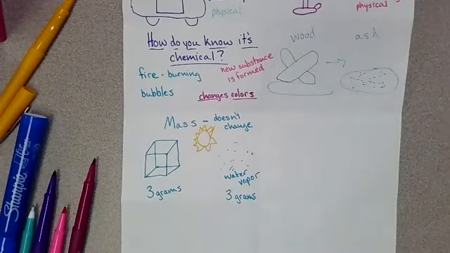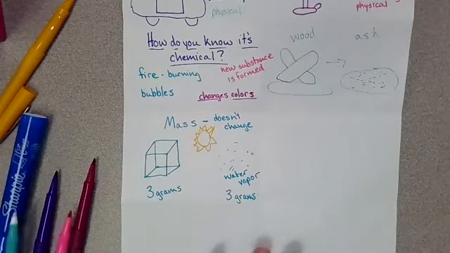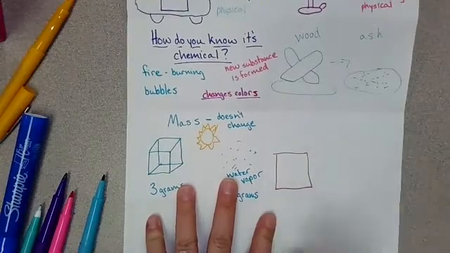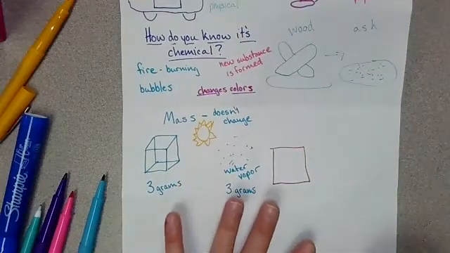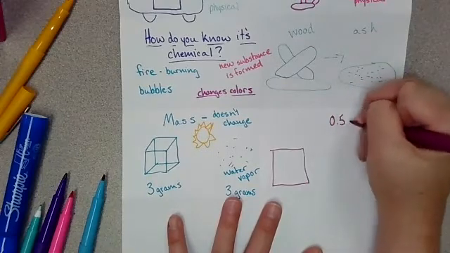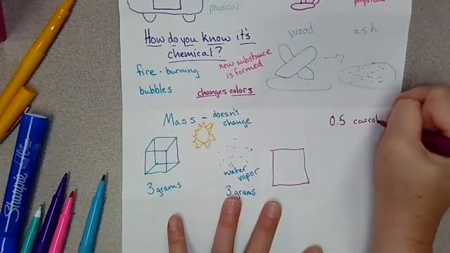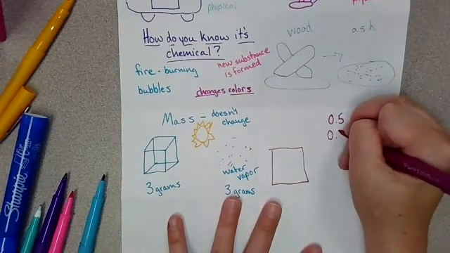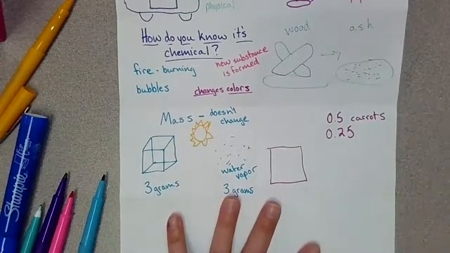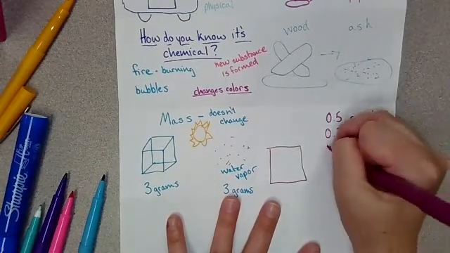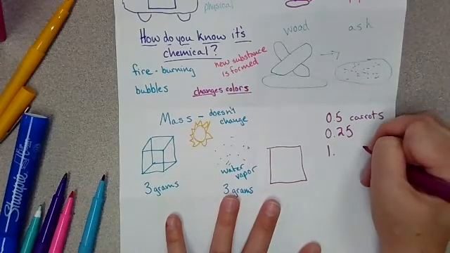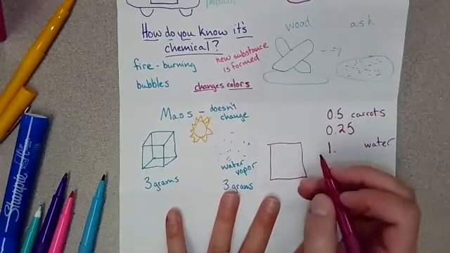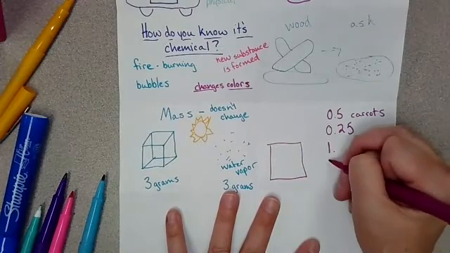Next one. We got soup. Again with the soup, Miss Ross? Yes. Here's your pot. Draw a pot. Inside the pot, you're putting 5 kilograms of carrots. You are putting 25 kilograms of onion. You are putting 1 kilogram of water. And you are going to put, let's see, a 1/2 kilogram of potato.